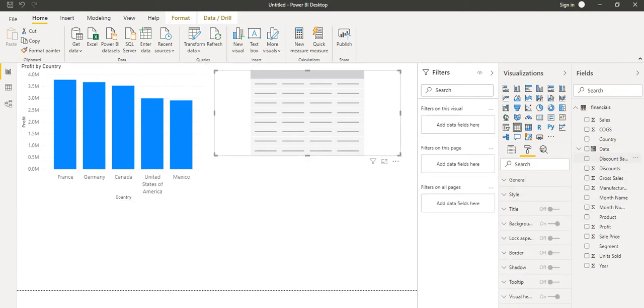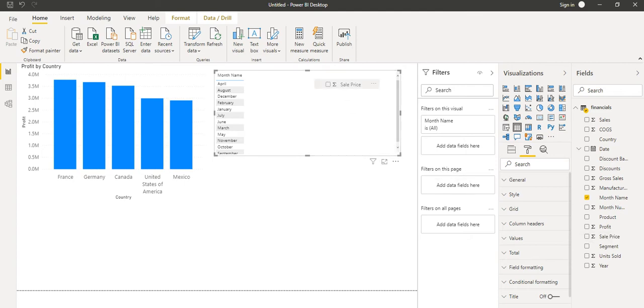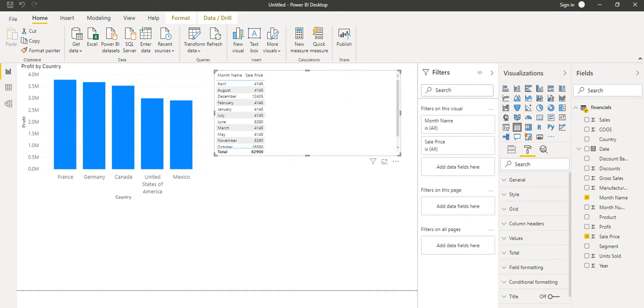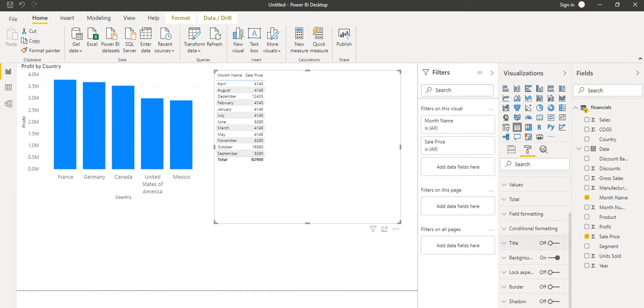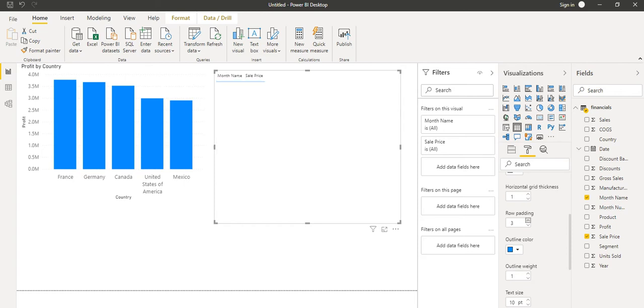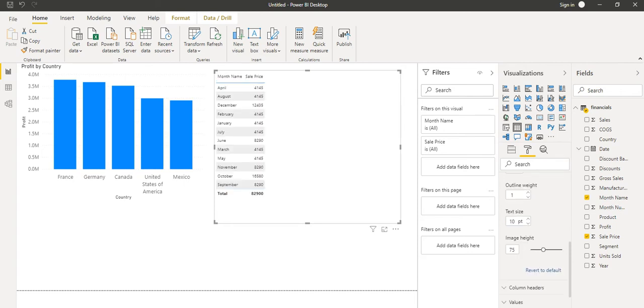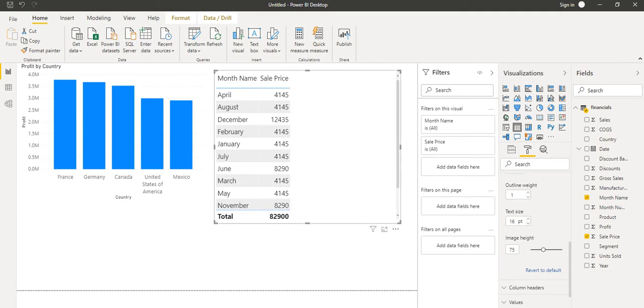Now the same way I will take some parameters for this table as well. I will take the month name, it will show the month name, and based on that I will show the sales price. Based on that it will show the data. Now I'm going to change some formatting over this, like values, background, border, and all these things. Let's increase the grid size so it will show some modification, and I'm going to increase the text size so it shows the data based on that. It is showing properly.